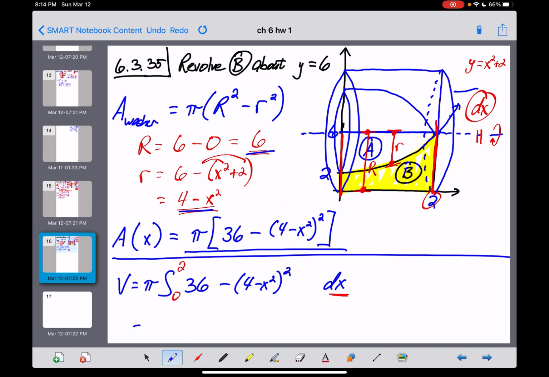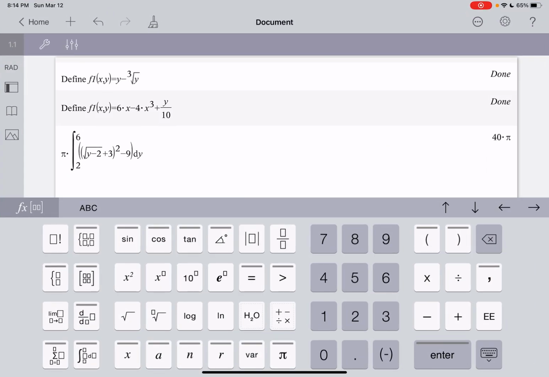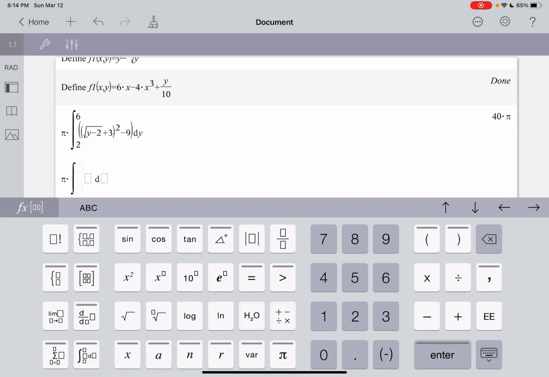So with that integral, guys, we should be able to type all of that into our calculator in one step and hopefully get the right answer. Now, I'm not going to goof up. When I goof up a lot, I'm not going to forget the pi out in front. So here we go. Pi multiplied by the integral, so menu 43 for you guys, going from x equals 0 up until x equals 2. Gotcha. And then our integrand right now is going to be big R squared. So that was going to be the 6 squared, which is 36, minus